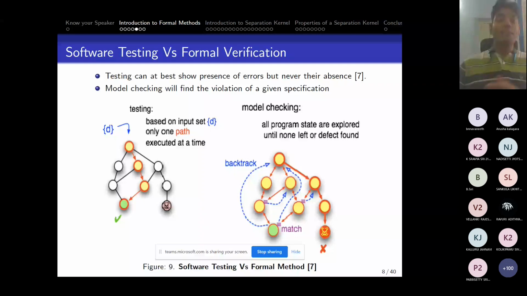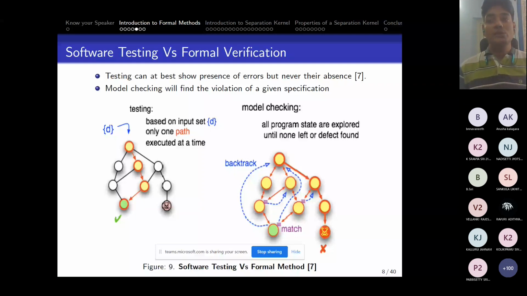And let's say you have designed an enormous number of test cases and test suites, but you have missed one particular path to test how it will behave. Then, when you deploy this software in real time, if this particular path has some issue or some error, your entire system is going to crash, right?